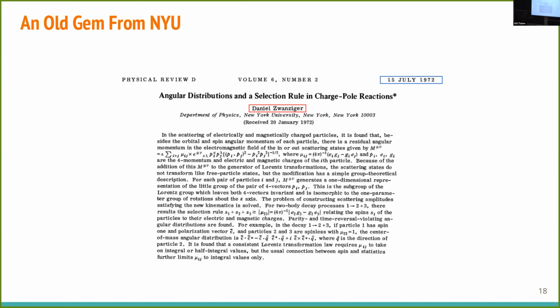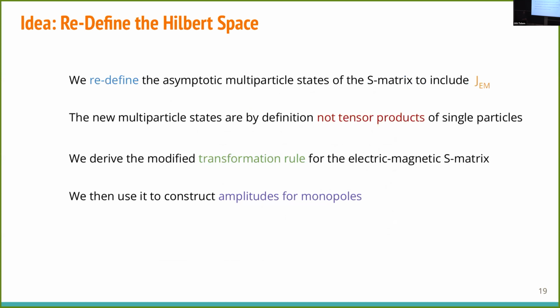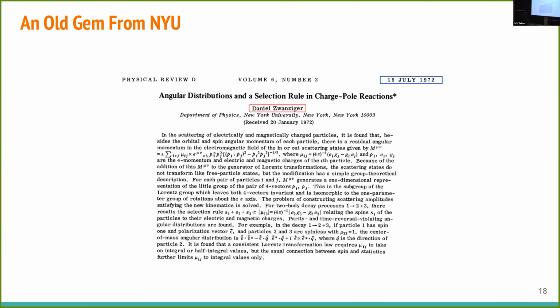A lot of our intuition is based, as I said, on this work by Daniel Zwanziger, in which he showed how to derive an extra little group phase associated with the presence of charges and monopoles. And we've made this into an industry and systematized the process of constructing electric and magnetic amplitudes. Can I ask you about that diagram which you drew there?